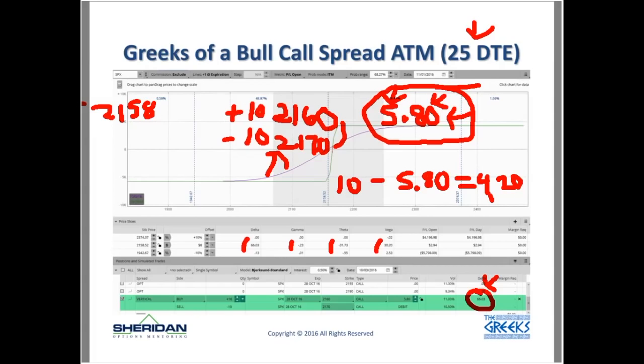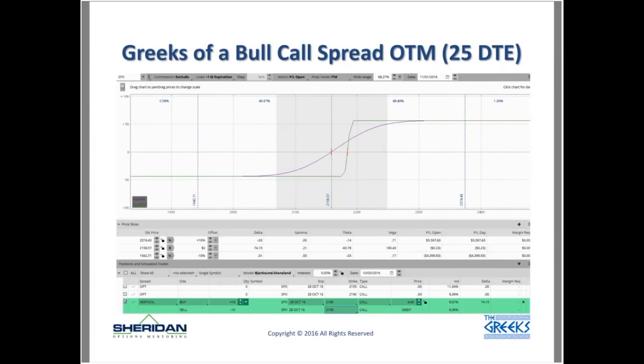Now, so this is a picture of it and information 25 days from expiration. If you look at here, as you go 25 days in the future, your theta goes up. Why? Because you're getting, again, you're buying the calls at the money. Your theta goes up because as you get closer to expiration, your rate of decay goes up a lot. You understand that? And so you could see the, anyways,